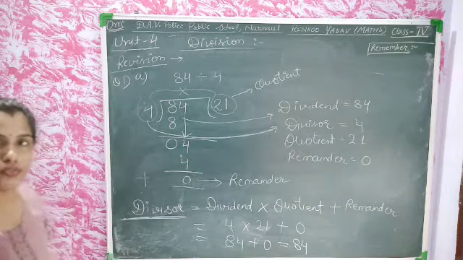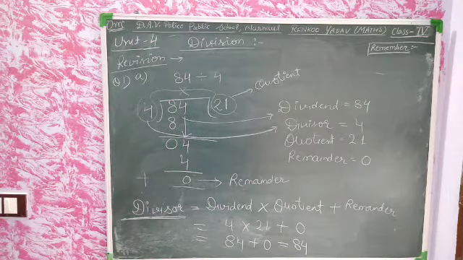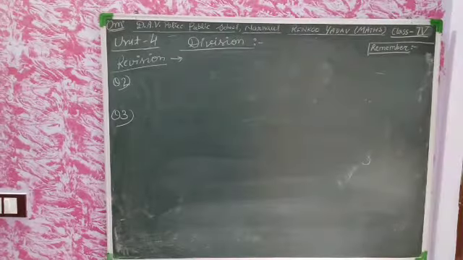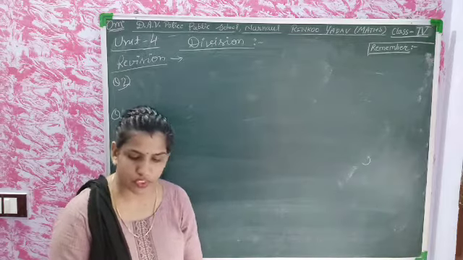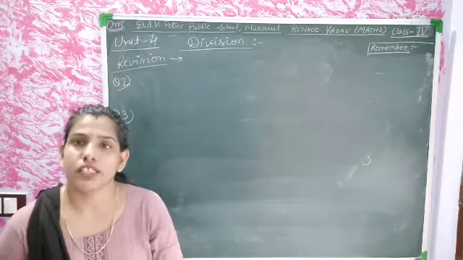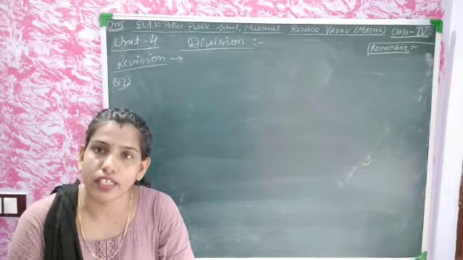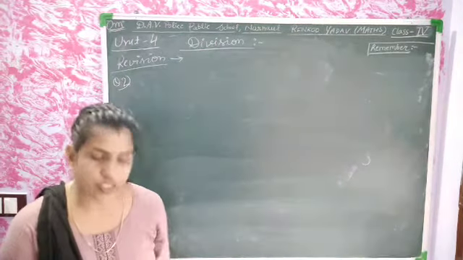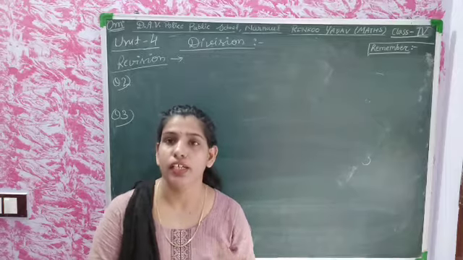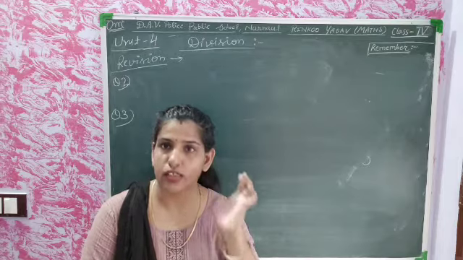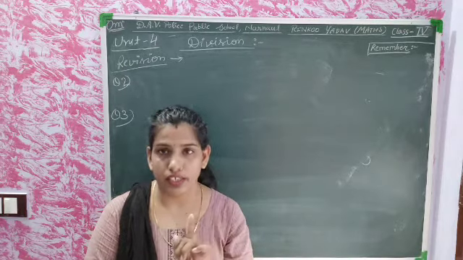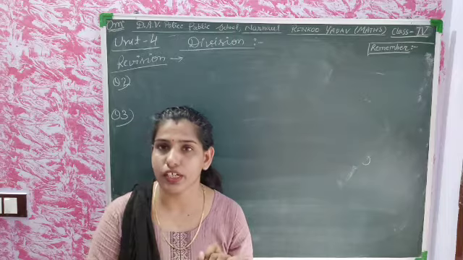Okay students, now we will go to the next question. Now students, there is question number 2. In question number 2, divide orally using the multiplication tables. Use the multiplication tables and solve the questions orally. Let's see there. Question number 1, part A, 15 divided by 5. Keep it in mind. 15 divided by 5.